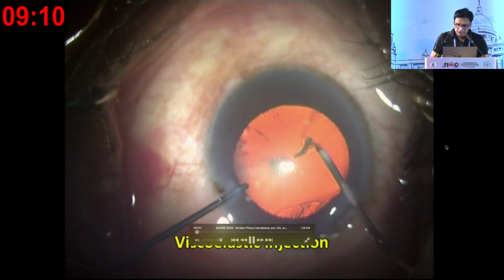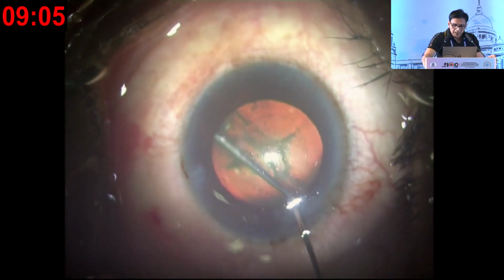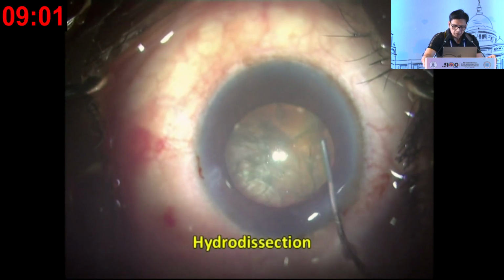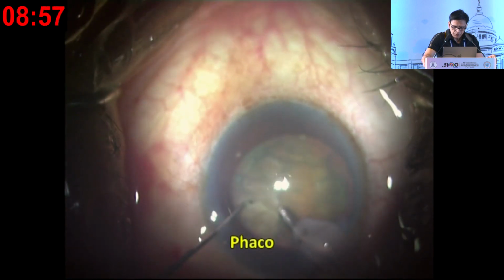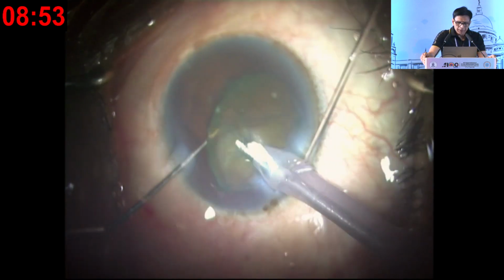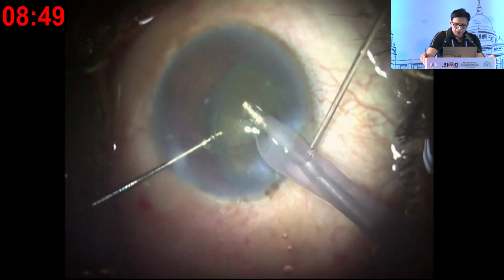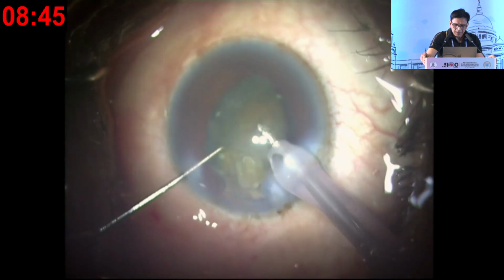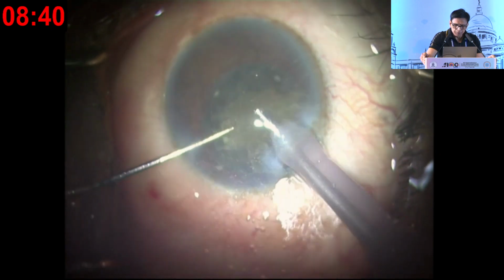And you'll see that in a second here. I've started my phaco. You can see there I'm doing my hydrodissection after the rhexis. Now at this stage, I'm starting my phacoemulsification, and here very funnily, I bring the nucleus a bit out, and you can see I'm trying to continue it, and I thought I'm pretty okay at this stage. And lo and behold, you will suddenly realize while I'm performing this surgery,